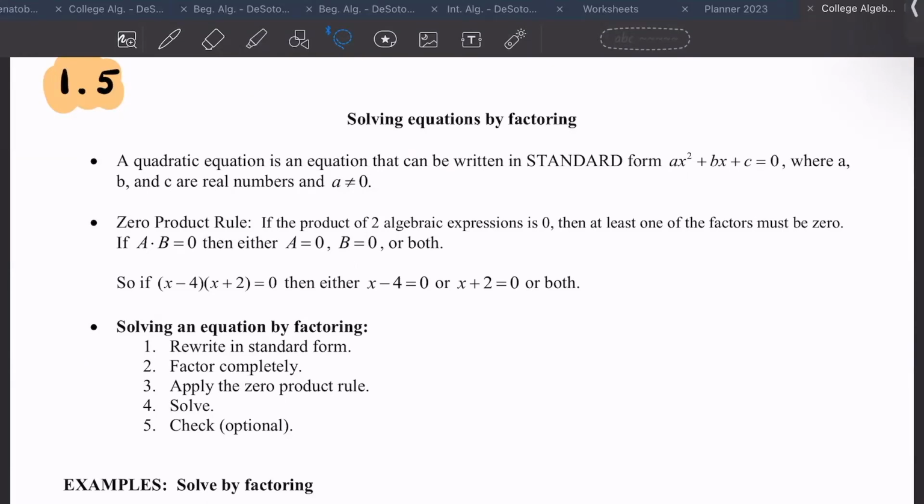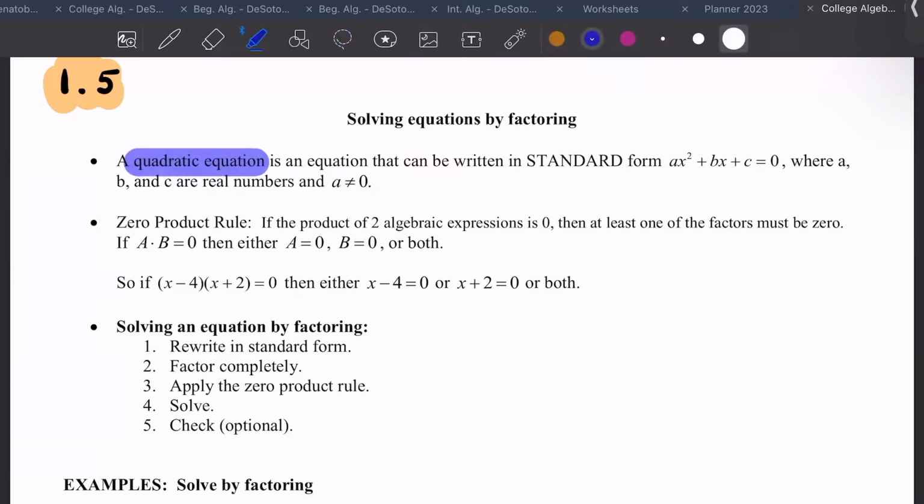Section 1.5, solving equations by factoring. Up to this point, we've solved linear equations. That means we only had x's, we didn't have any x squareds. So when I say solve equations by factoring, we're going to be dealing with